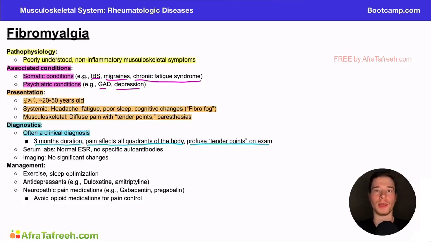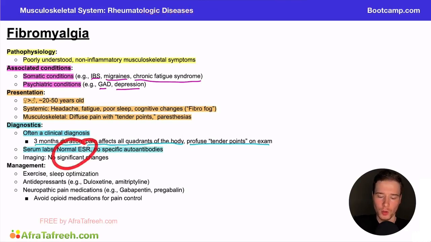Now, a really important thing to know for these patients is that the labs, for the most part, are going to be normal. So if we get some serum labs, we're going to have normal ESR or CRP and no specific autoantibodies. Why are the inflammatory markers normal? Well, again, the pathophysiology is that this is a non-inflammatory musculoskeletal condition. Contrast this with polymyalgia rheumatica, in which we talked about it being an inflammatory musculoskeletal problem,